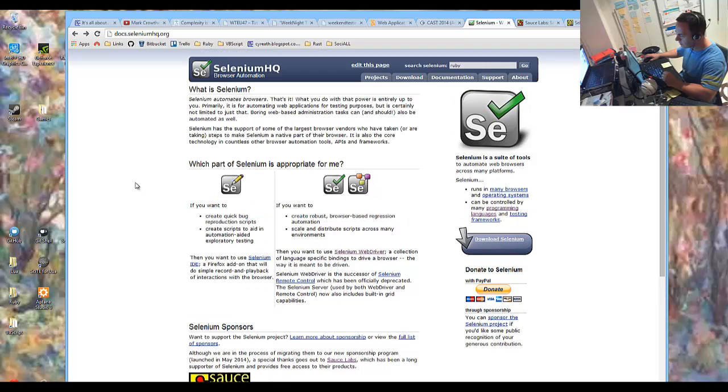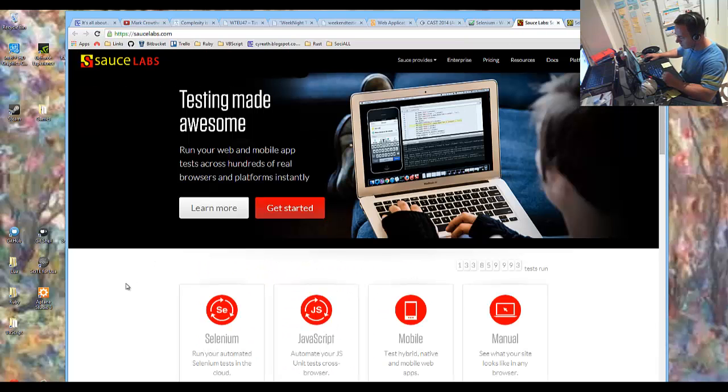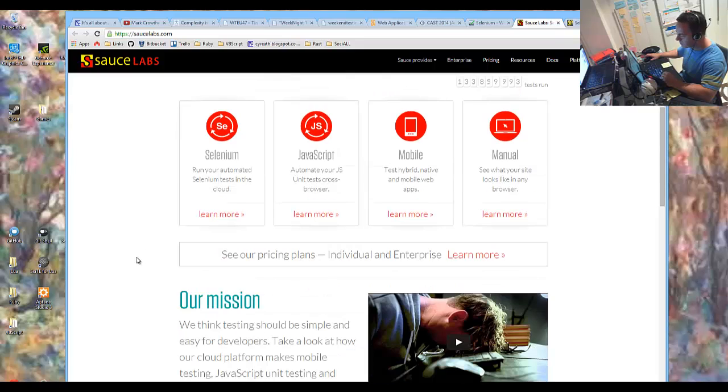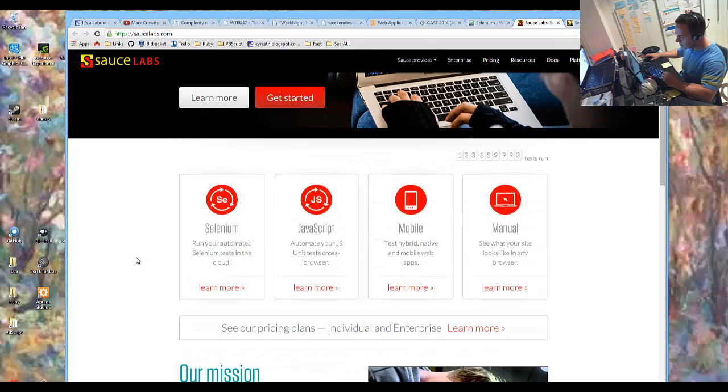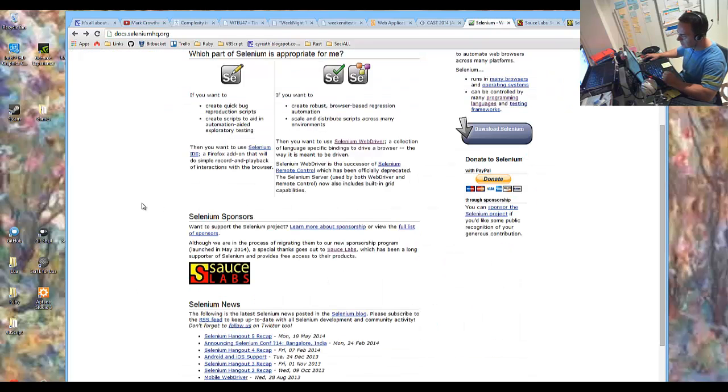And if you've not had a look at Selenium, I'm sure you've heard of it. Be sure to do so. And you should also, in fact, hit, as it says here, Sauce Labs. Sauce Labs extensively use Selenium, I would say would be the right way to describe it. So certainly keep in touch with Sauce Labs if you're interested in Selenium. And hey, Selenium is going from strength to strength. 10 years already. That's incredible for a test tool.